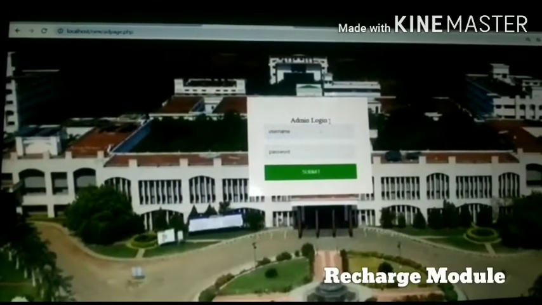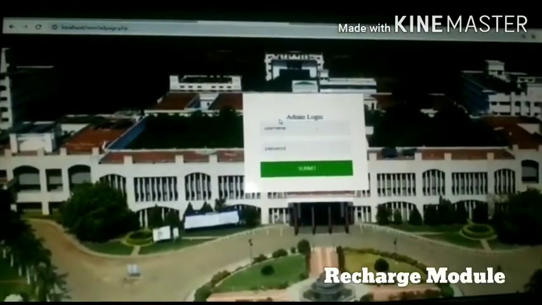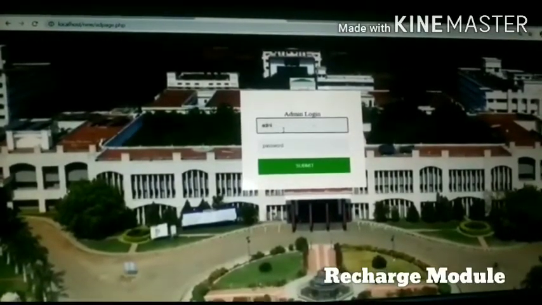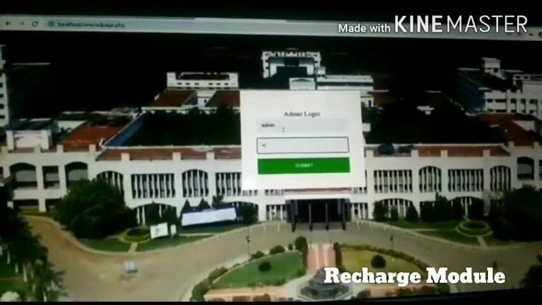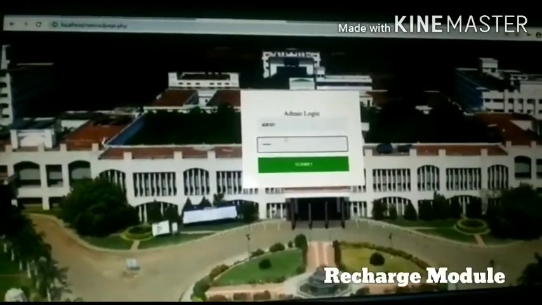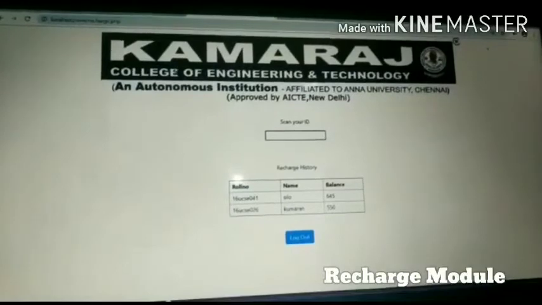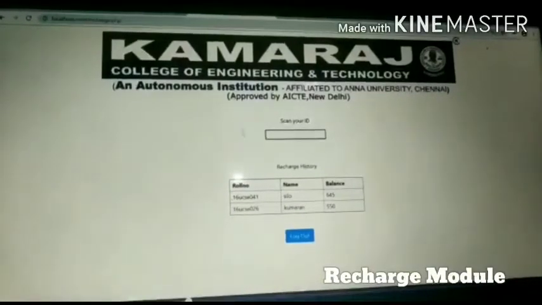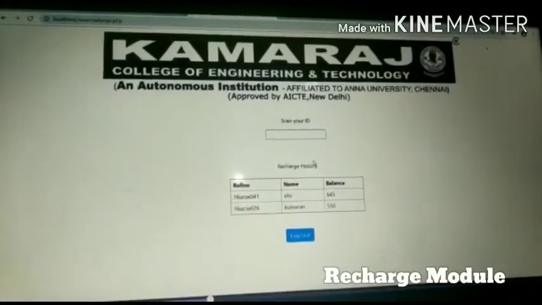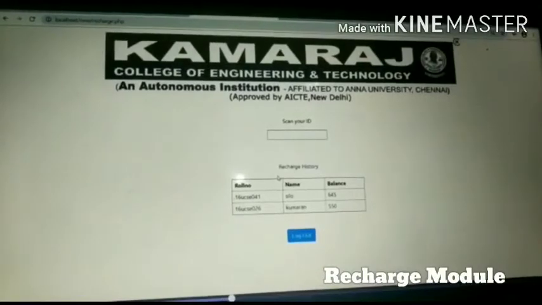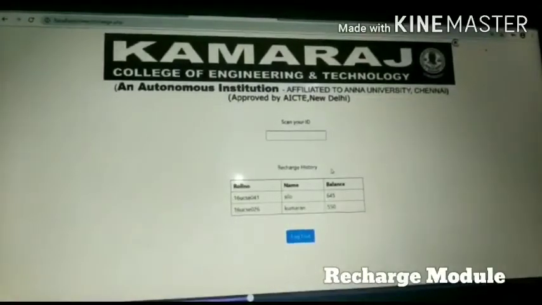Admin recharge module. We must enter the username and password for the admin. Then after entering the username and password, click the submit button. Then the user can either scan or enter the ID.